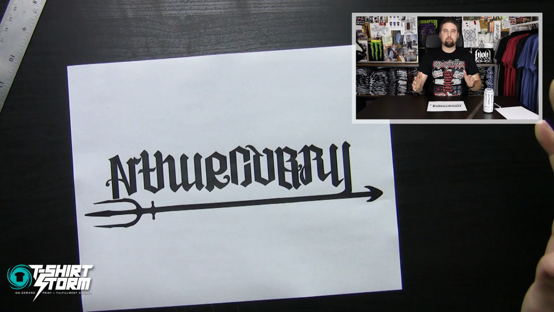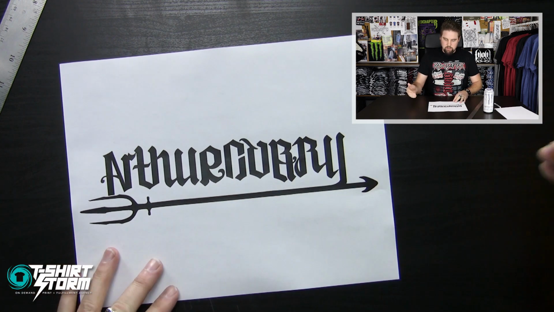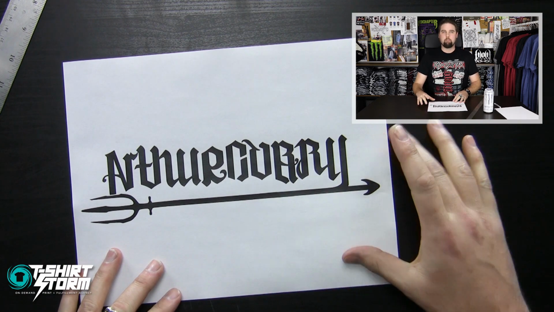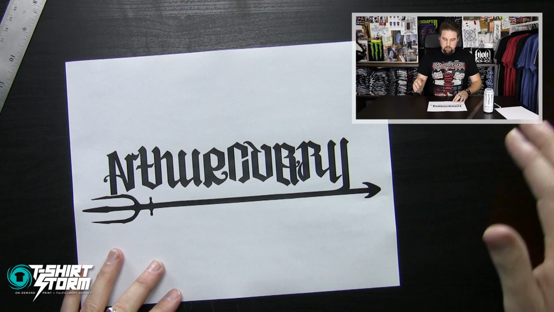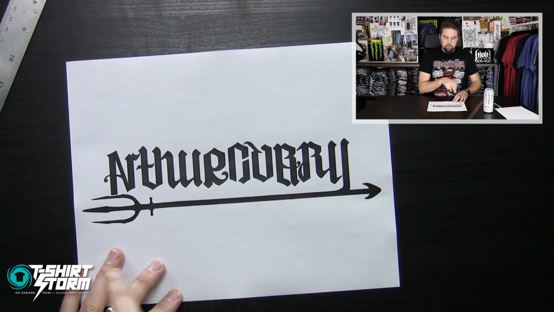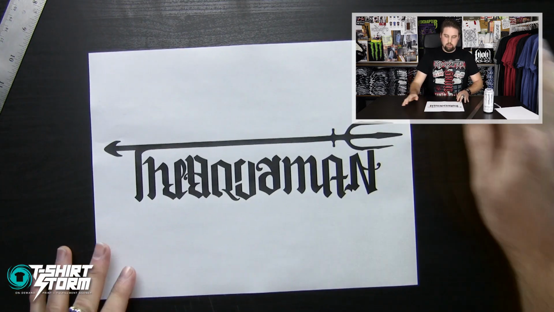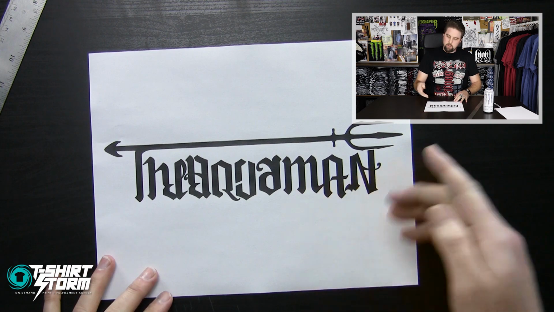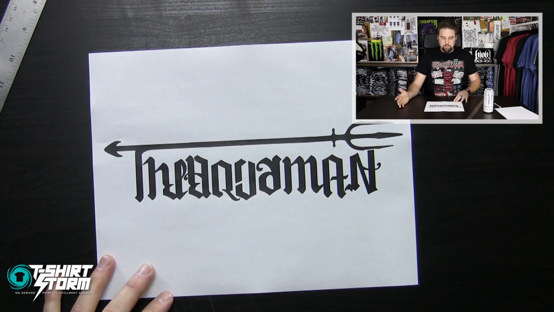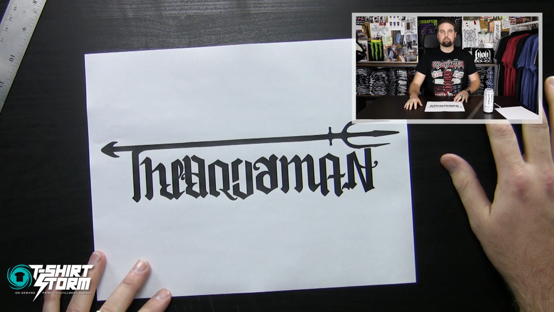All right, so I'm back from Photoshop with the Aquaman Arthur Curry ambigram. And as you can see, I've added some stylistic elements here with the trident, which is obviously a major element of the movie. And it's connected to the Y here that continues throughout the entire design. So that way you've got Arthur Curry, and then when you look at it upside down, it says the Aquaman. And now the trident goes from being the bottom portion of the Y to now it's the top crossbar on the T. So I think it came out great. Love this design and hope you do too.